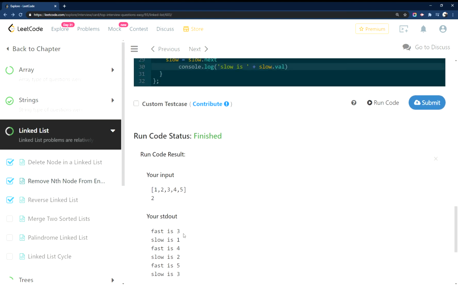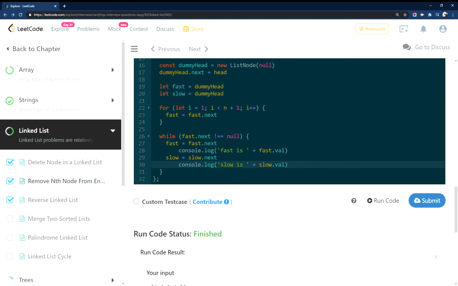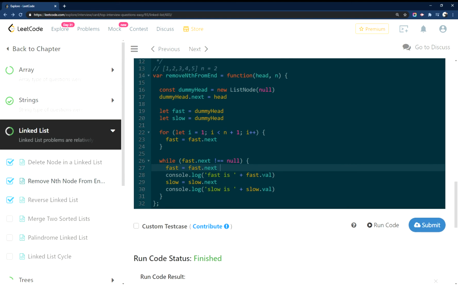So fast is 3, slow is 1, fast is 4, slow is 2, fast is 5, slow is 3. So that's walking through the list. Right, and remember we're starting at 2. Start with 2 and 0, and then crawl through it 3, 4, 5. 1, 2, 3. So when we get to 3 for slow